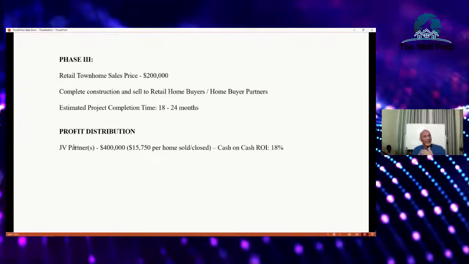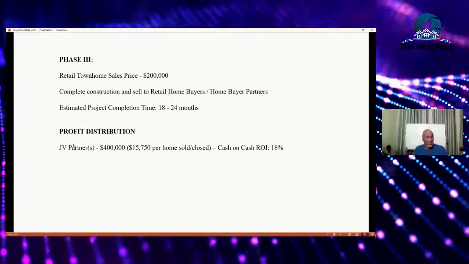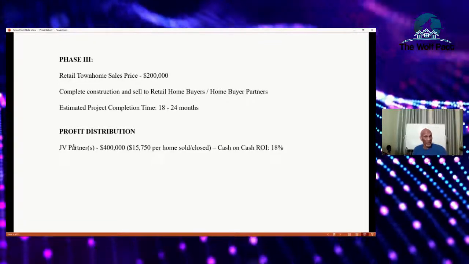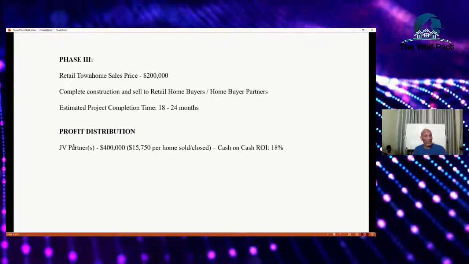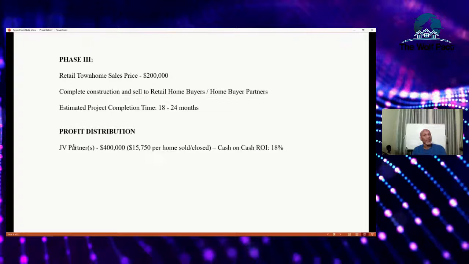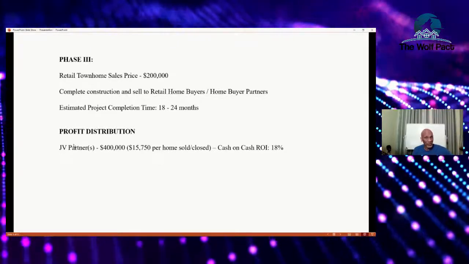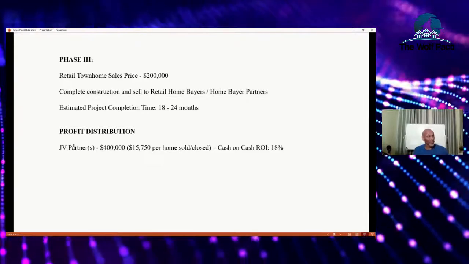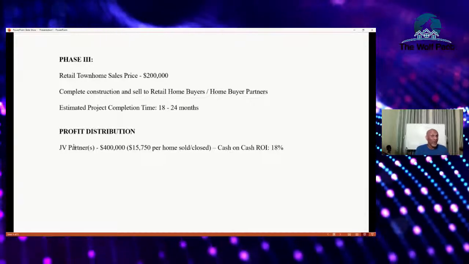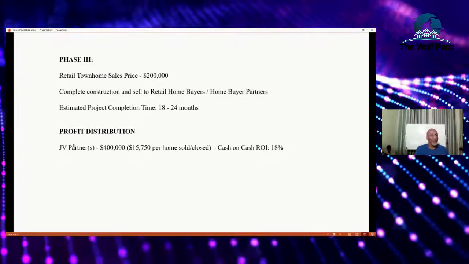So the wholesaler brought the deal, the deal architect structures the deal and makes it available to the JV partners. Those are the ones that brought the $400,000 to purchase the land and then fund the light development. Have the mortgage-ready landlords on standby, using the net zero program strategy that we'll talk about in another show. And now be ready to sell those properties once completed, those townhomes, to home buyer partners,